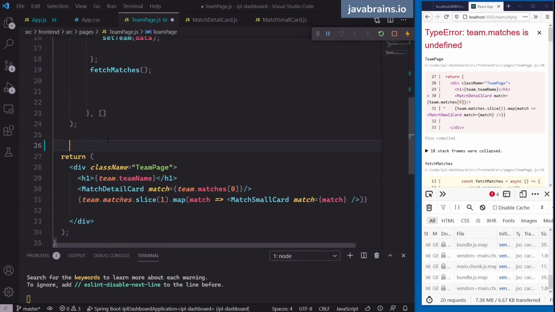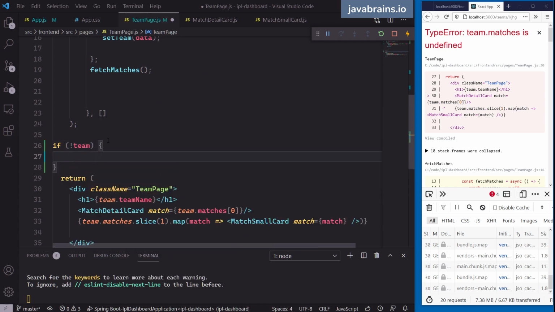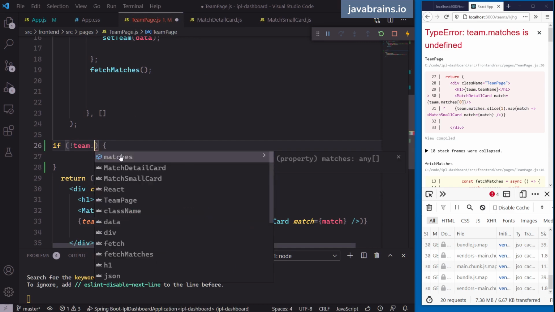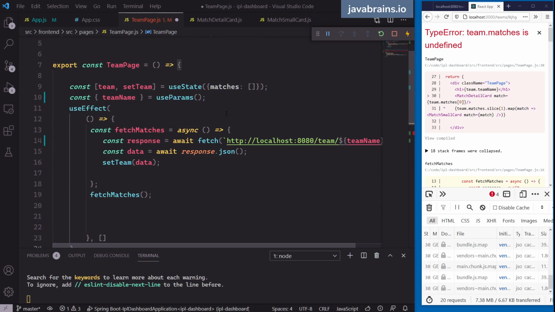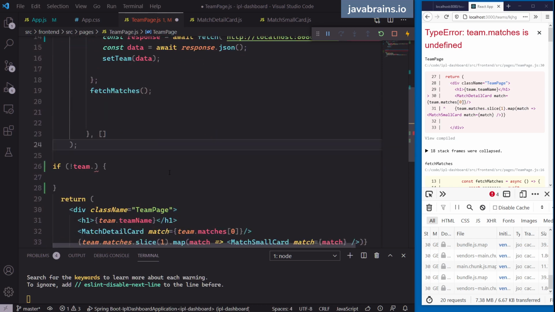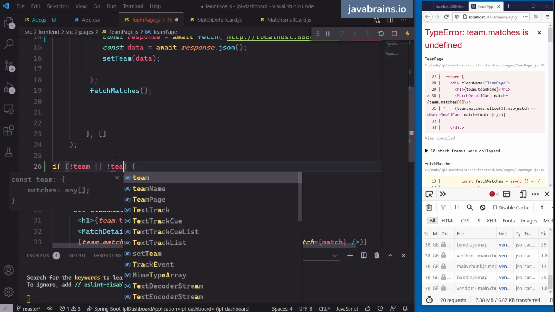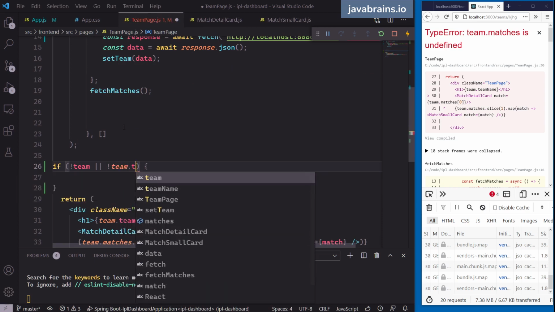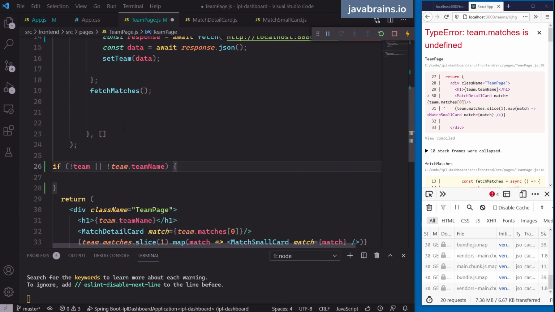So I'm going to say if not team, which means that I'm not able to find the team object, or maybe if not team dot team name, because I'm initializing team to an empty object over here, I'm going to return